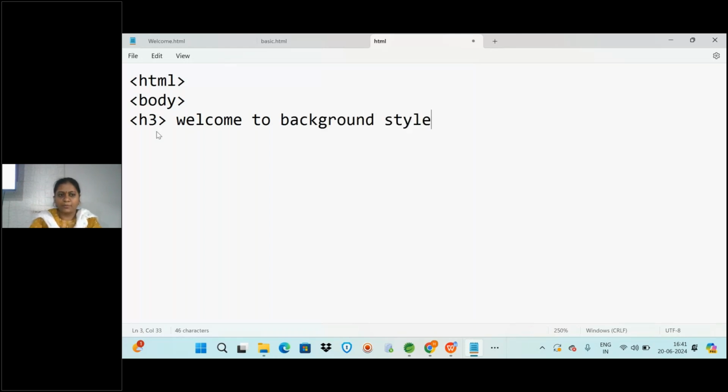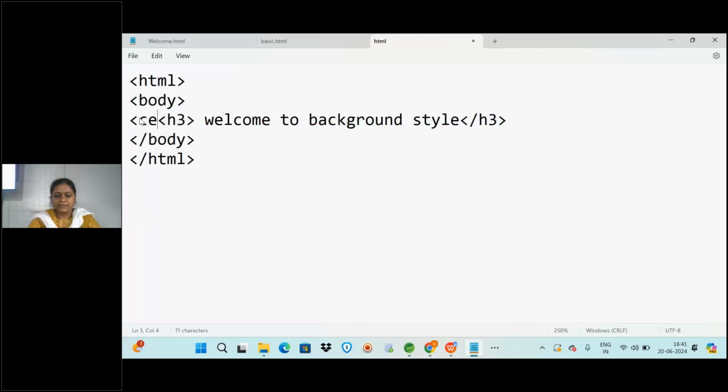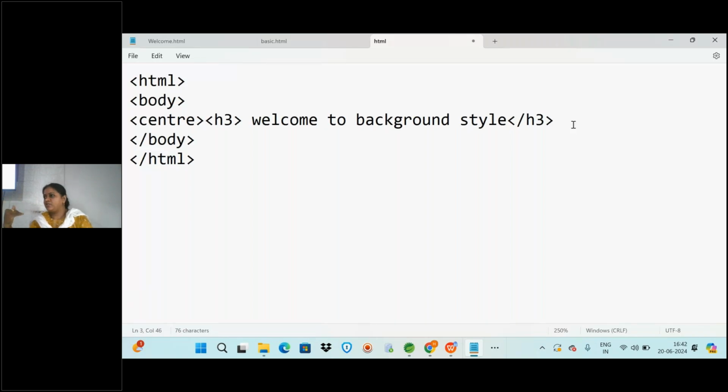Like this you can provide, and you close the H3 tag, and you close the body and HTML page. And here you want this to be displayed in the center of the page. So what tag did I say you have to give? The center tag. If you give the center tag before it, it will be displayed in the center of the page. See, if you are writing 10 lines of code between the center tag, all 10 lines will come in the center. How you write it, it will be in the same way.